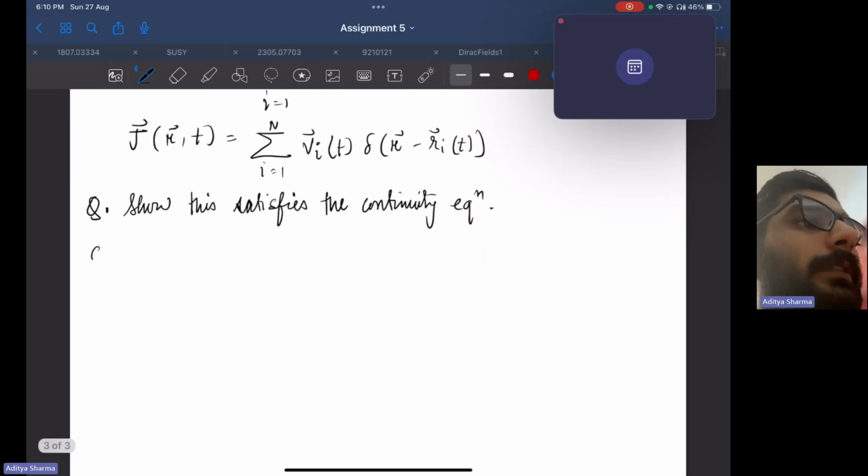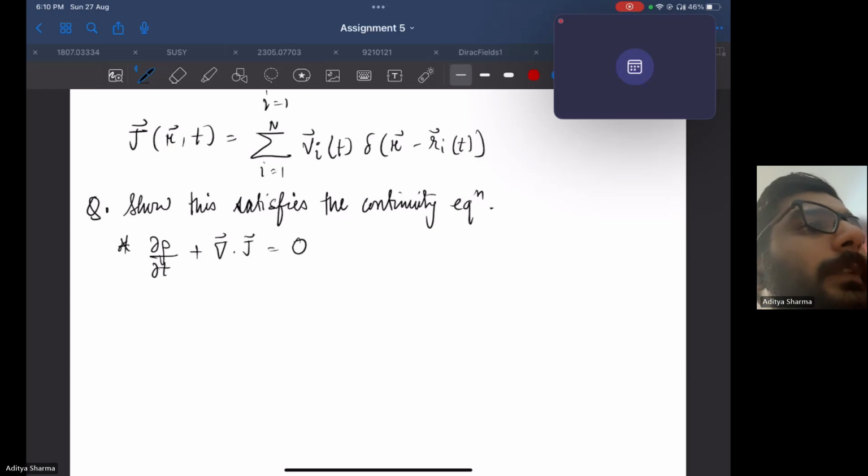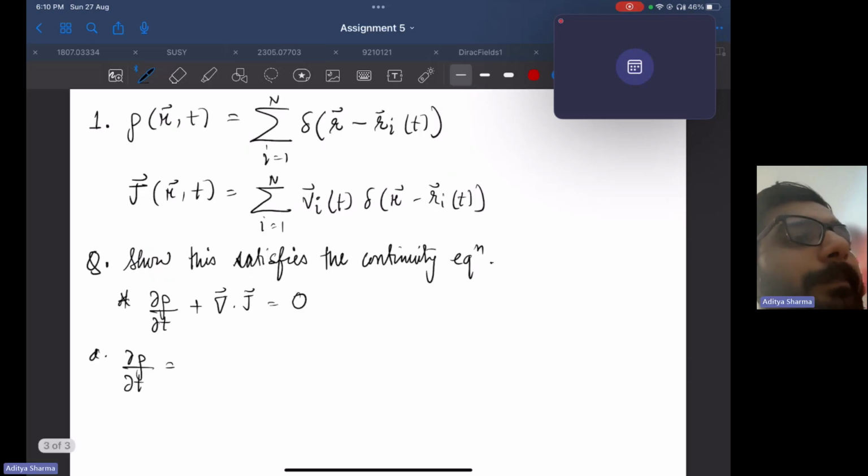The way to do it is we know that the continuity equation is d rho dt plus divergence of j equals 0. So first we'll calculate d rho dt, which is the summation over i equal to 1 to n of d dt of